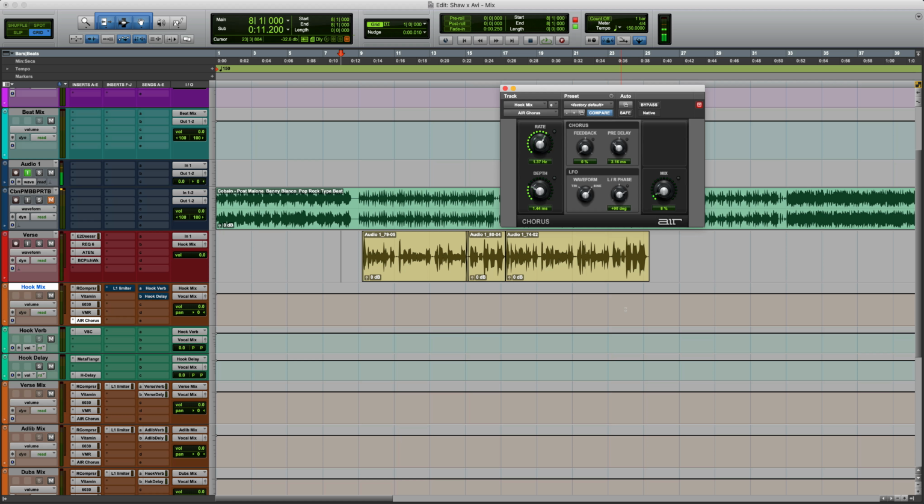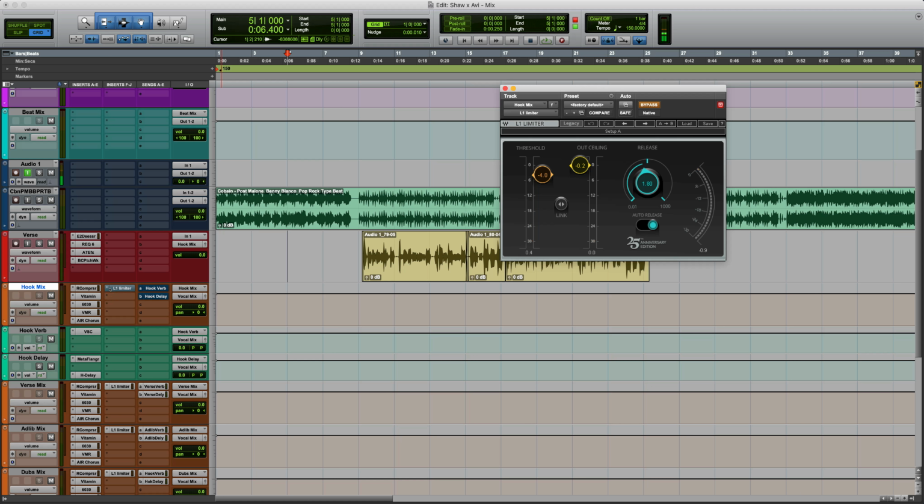So you see how it makes it really wet and robotic, but I turned that down so it's just barely there, but it's going to give that vocal the grip and the push it needs. And now I'm going to bring in my limiter, but before that I'm going to play the beat so I can sort of get the levels with my limiter, L1 limiter by Waves, as to where it should sit in